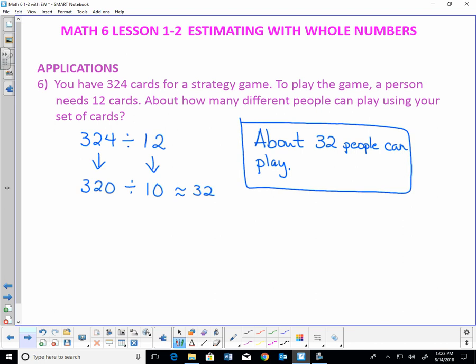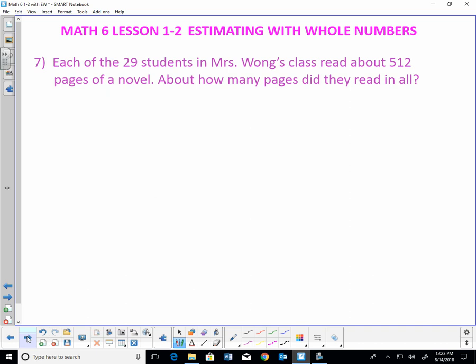Last question. Each of the 29 students in Mrs. Wong's class read about 512 pages of a novel. About how many pages did they read in all? In other words, lots of reading occurred over the summer. So if she has 29 students, and they each read about 512 pages,